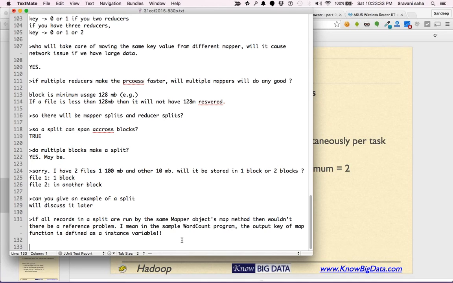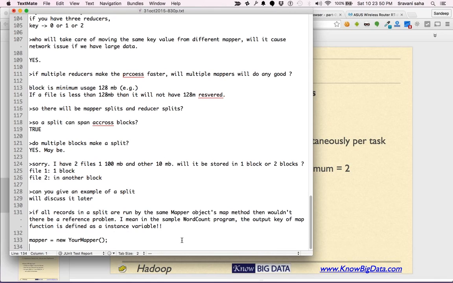So you can always imagine that inside Hadoop, this is what would be happening. I'm just being a little Java oriented here, so don't mind.